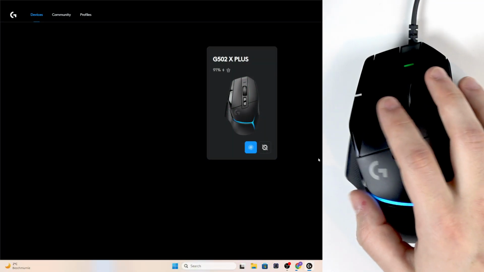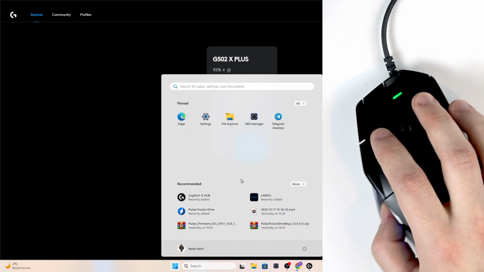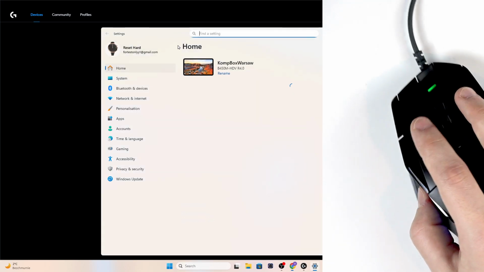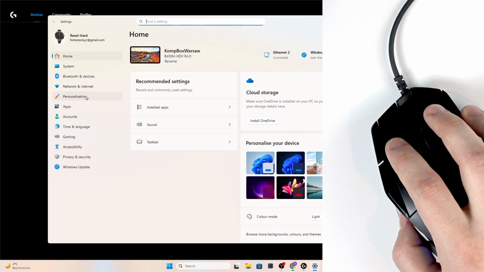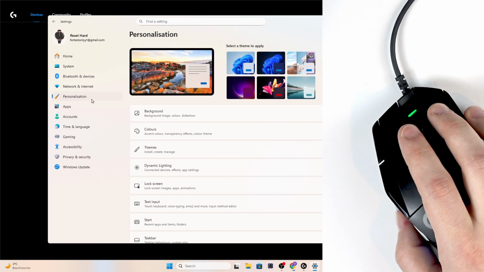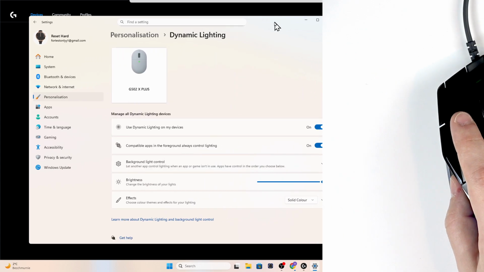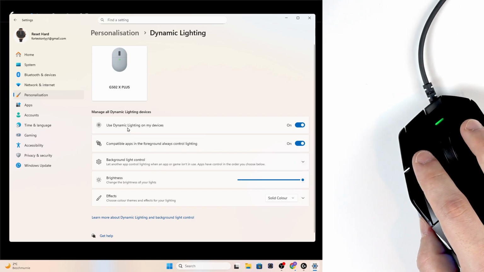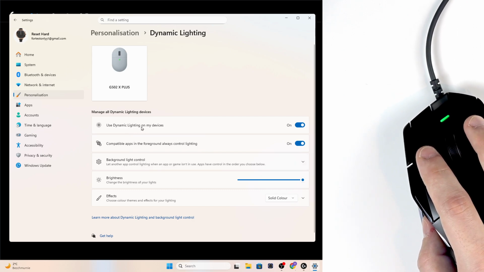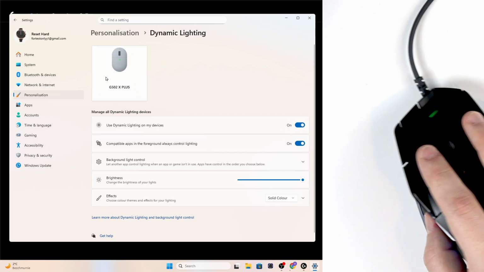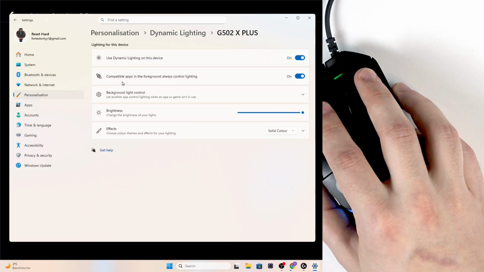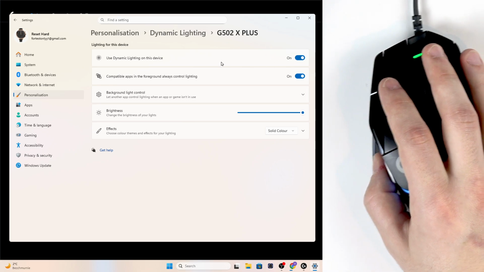Okay, so first we have to open up the settings of our Windows. Now go into Personalization, go into Dynamic Lighting, and in here we just need to make sure that the Use Dynamic Lighting on my devices feature is enabled, and same thing as we click on our mouse and select Use Dynamic